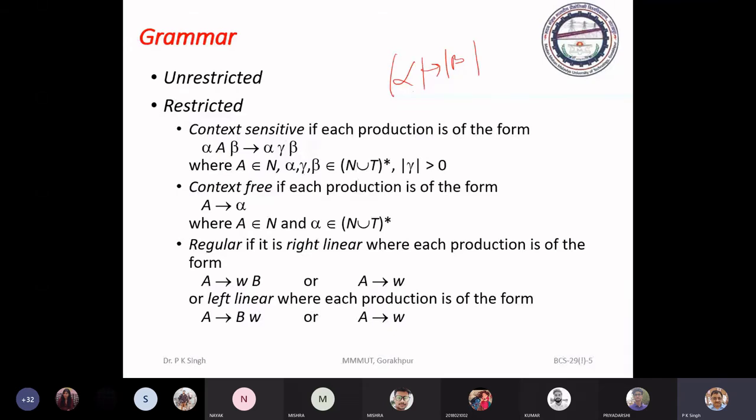Otherwise it will just reduce the language to null.